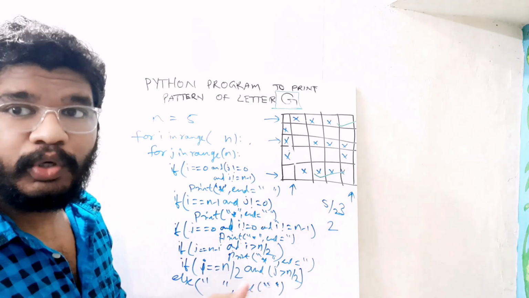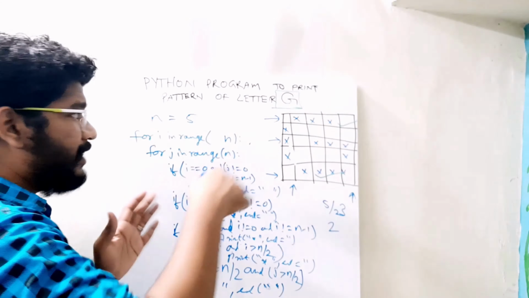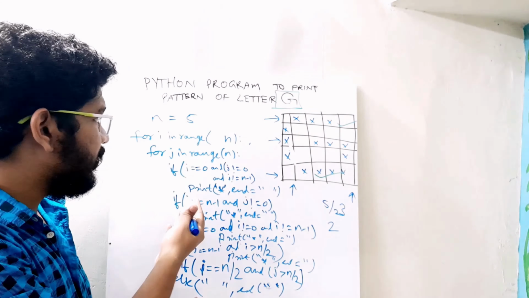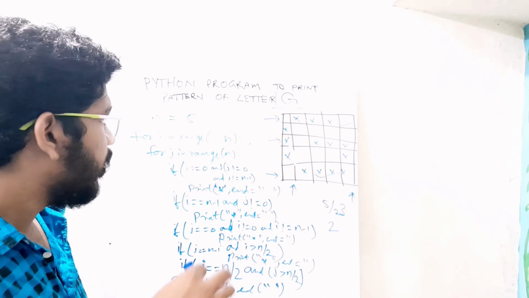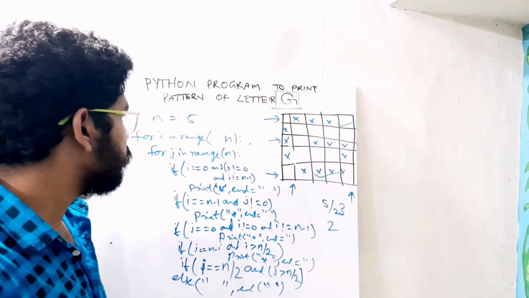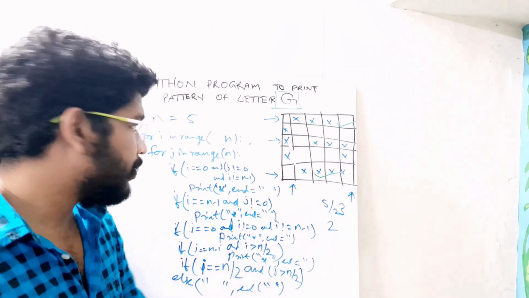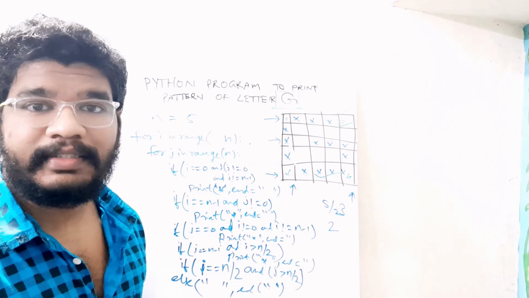It will be much more clear there. I'm just trying to explain the logic here on the whiteboard, and on the computer I'll open my PyCharm IDE and do all the same things. I will execute, see the outputs. So this is just the explanation of the logic. Hope you understood. That's it for the explanation.